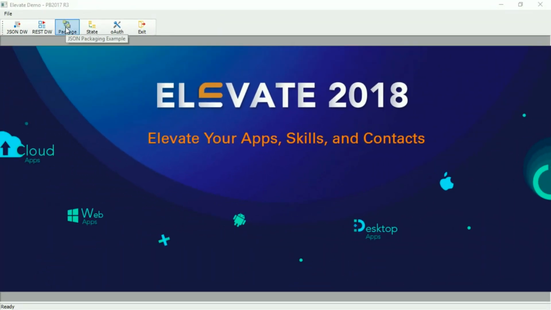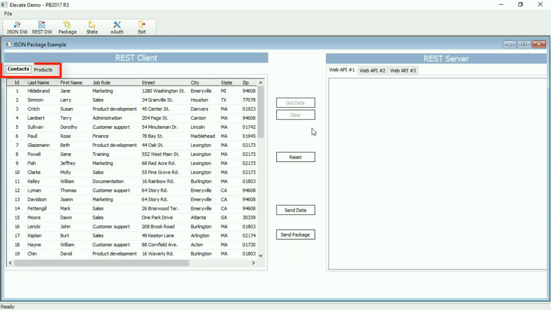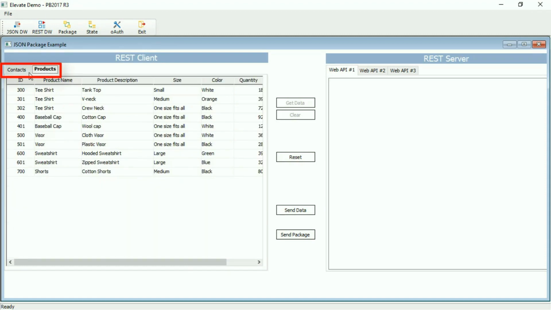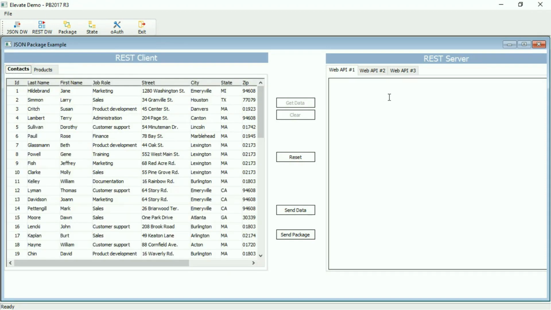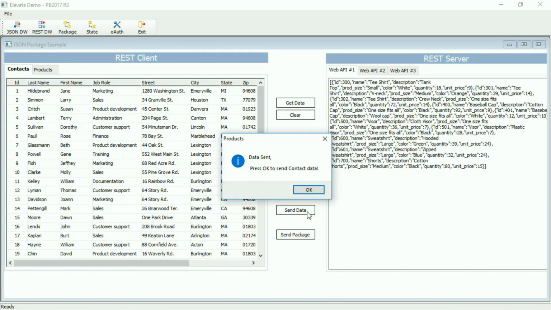Returning to the example application, let's have a look at the packaging feature. In this example, we've retrieved two data windows, a product data window and a contact data window, and we need to send that to the RESTful server. Issuing the send data command here, you notice that one round trip is being done to be able to basically